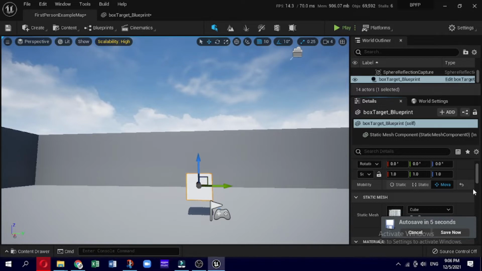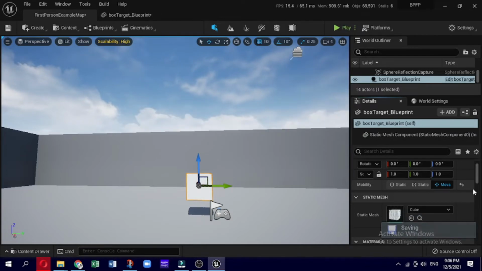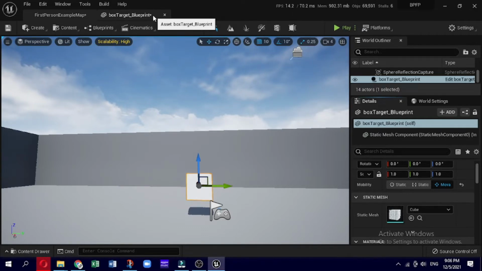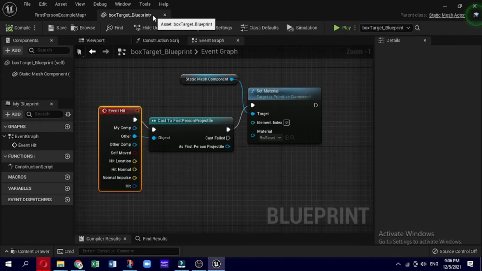It is important to note that the version of the target box that we changed in the level is just one instance of the blueprint template for the target boxes that we have created. An instance refers to an actual object that has been created, whereas our blueprints are descriptions of the kind of features that those instances will have once they are created. Any changes we make to a target box already inside the level will be made for that particular target box only. To make changes to all future targets, we need to modify the blueprint directly.